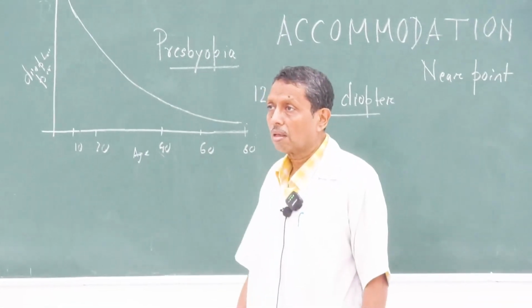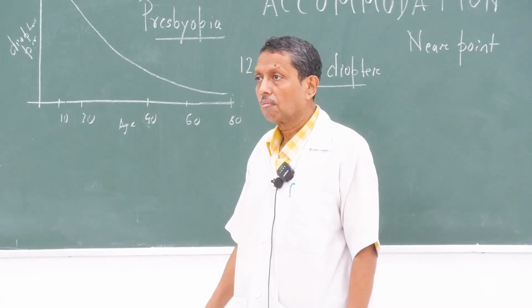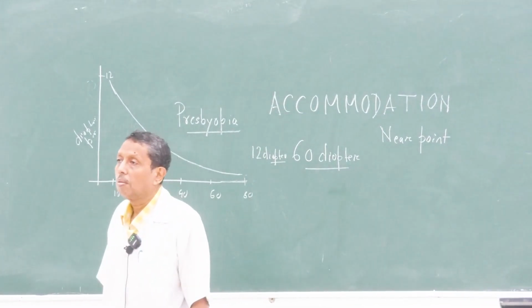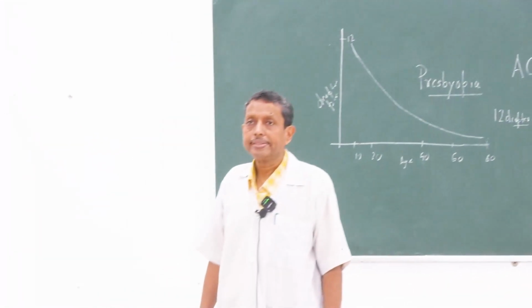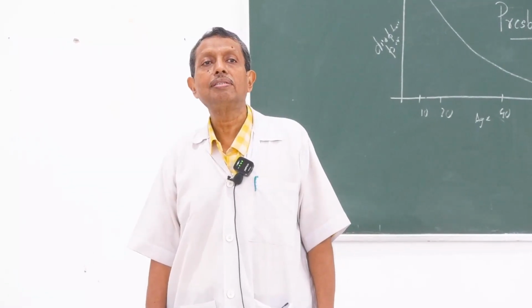Presbyopia. Clear? Presbyopia. And accommodation is produced by the ciliaris muscle. The nerve that supplies the ciliaris muscle is